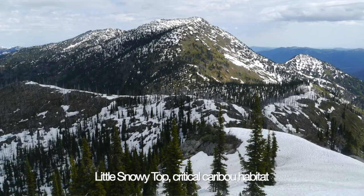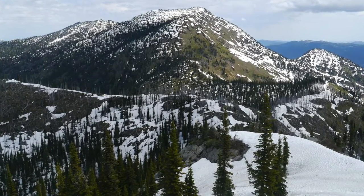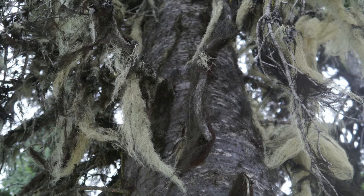When it snows in November, December, and then probably January or so, when that snow sets up, they go up onto the highest ridges in the Selkirks, up onto those big flat ridges, not pointy ones like you might imagine goats or sheep might be seen in, but more broad, which still have trees on them. And these trees hold lichens, which those caribou eat all winter long. Old man's beard, that kind of thing you see hanging from branches and trees, that's what caribou eat all winter long by standing on 10 to 15 feet of snowpack on the ridge of the Selkirk Mountains in British Columbia